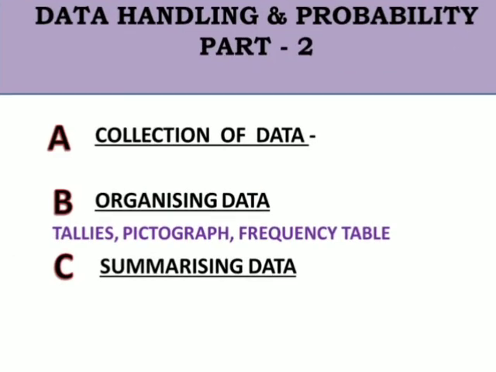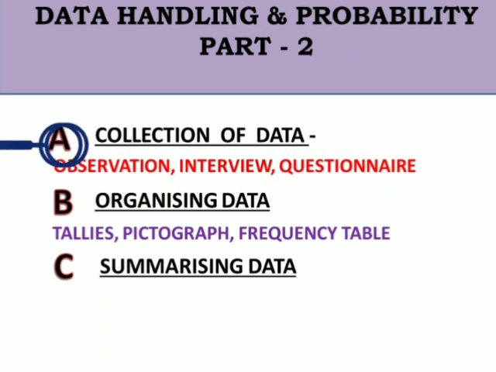The first step in any statistical process is data collection, which is nothing but gathering of information, facts, and figures. One can prepare a questionnaire or take a personal interview, or with few observations, one can do the data collection. Once the data is collected, the next step is organizing it by bringing it together in a systematic way that makes it easier to read. We can organize the collected data using various methods. Few are tallies, pictographs, frequency tables.